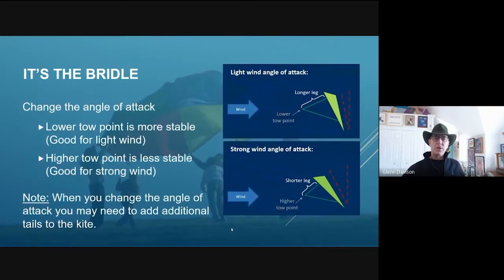Now, you could also say that the problem is the bridle. Bridles and tails, we're going to talk about those. Most of you, beginners, know or would like to know this a little bit better: the lower the toe point is, the more stable it is. And that's good for light wind. So here, the top leg is longer with a lower toe point. That means I've slid this point down the line further, giving a longer top leg. This is better for light wind because it tilts the kite back. See the angle here